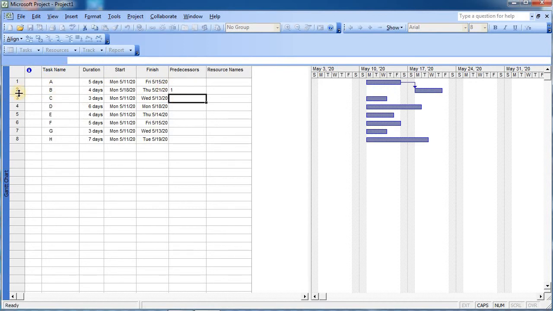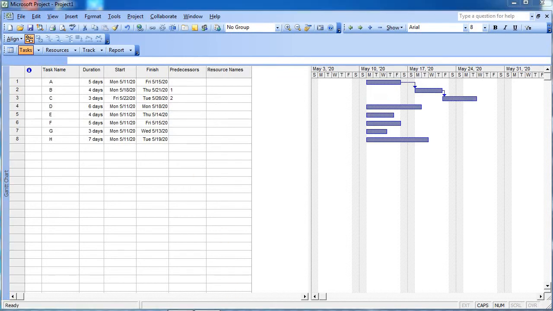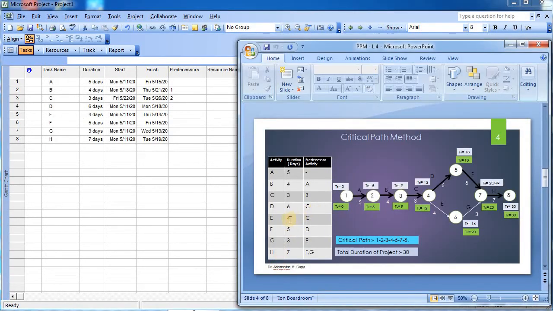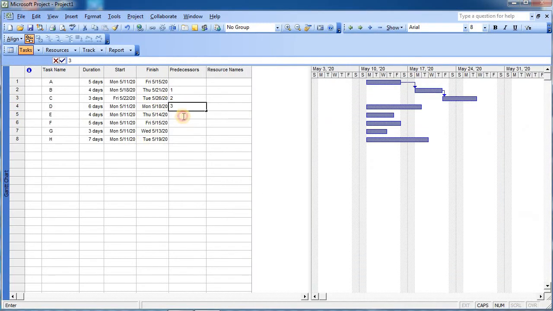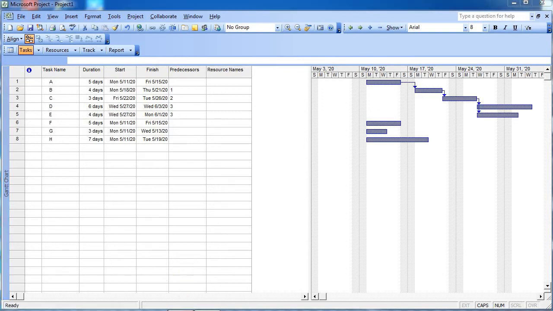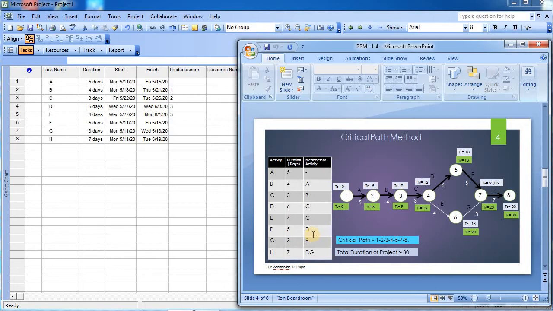For C it should be 2. For D it is C, and for E it is C, so for D and E it will be 3. Now we will look ahead to F and G. For F it is D, and for G it is E.